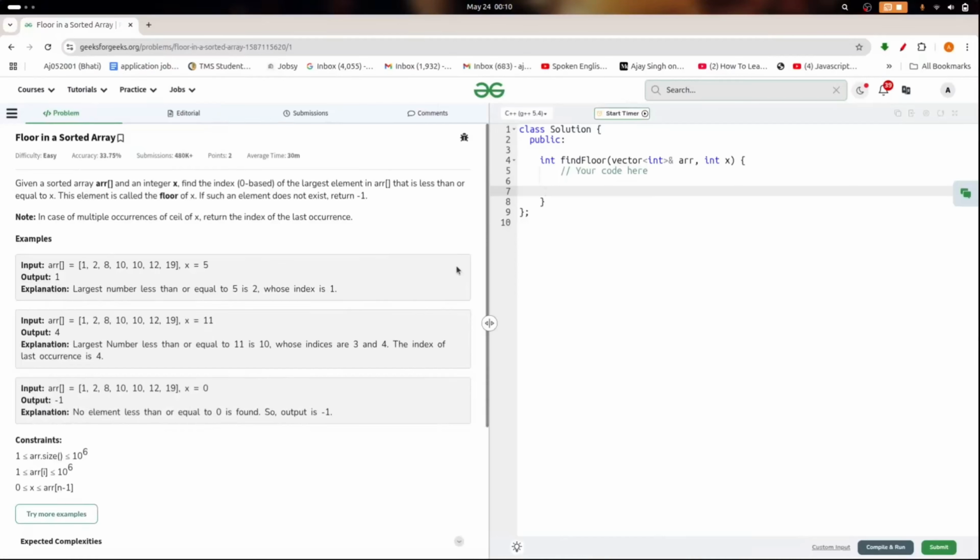In today's video, we'll learn about another problem of binary search. The problem is floor in a sorted array. The problem statement is: given a sorted array and an integer x, find the index of the largest element in the array that is less than or equal to x. Such an element is called the floor of x. If such an element does not exist,